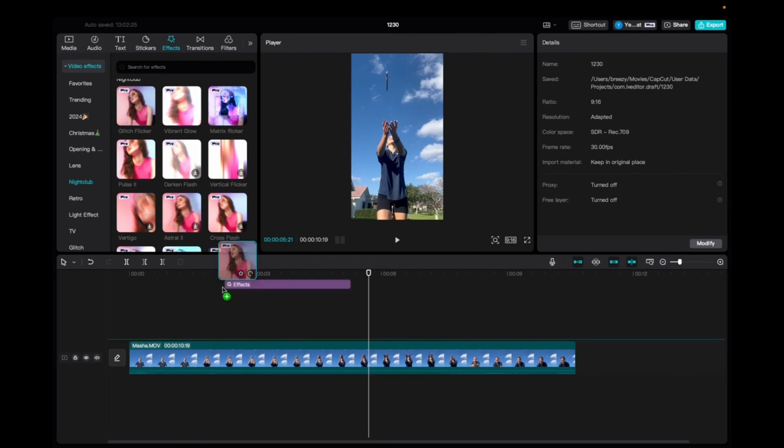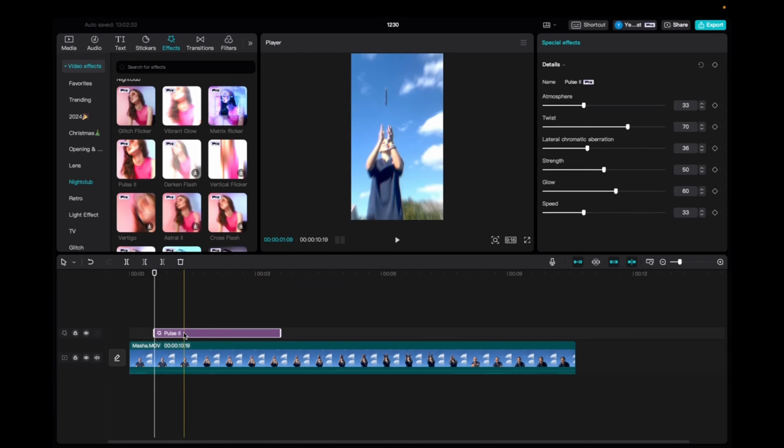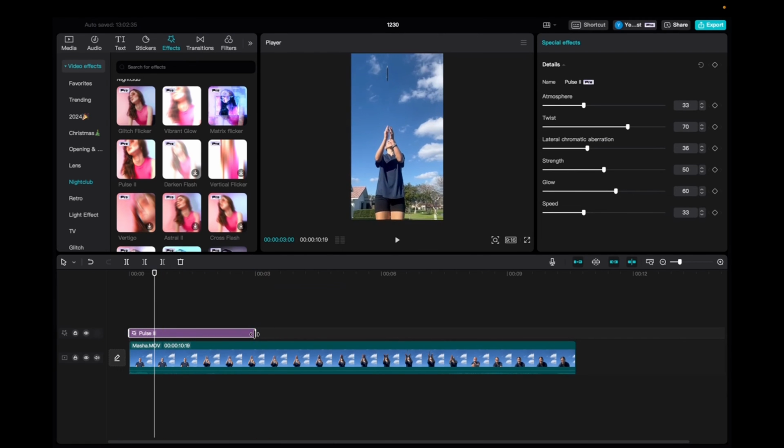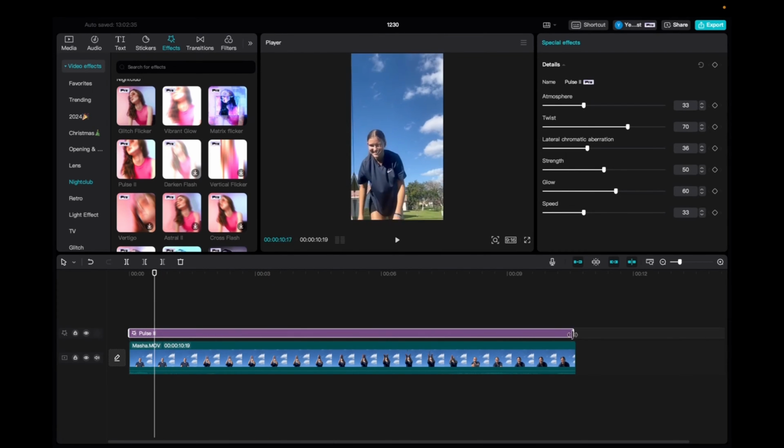We're going to click and drag it down to the timeline. And then we're going to elongate this effect to fit the entirety of the clip. And if you have a full video, you can fit it to the entire video. So now with it being highlighted, we're going to go up to the special effects tab and we can mess